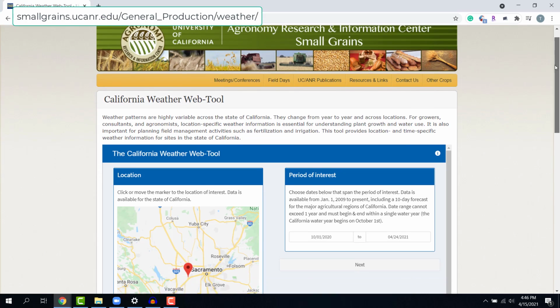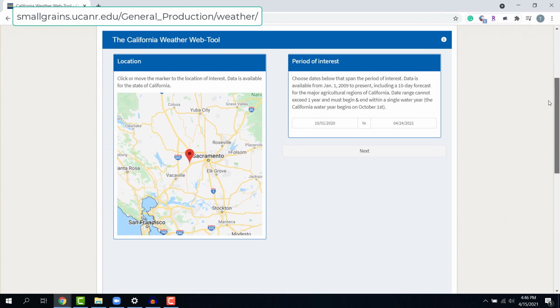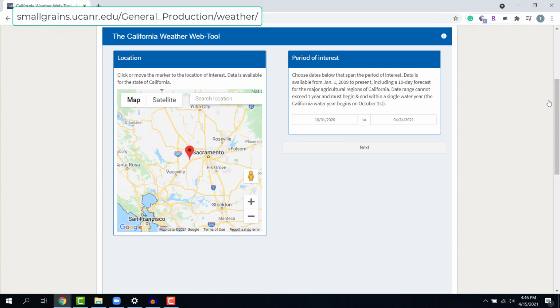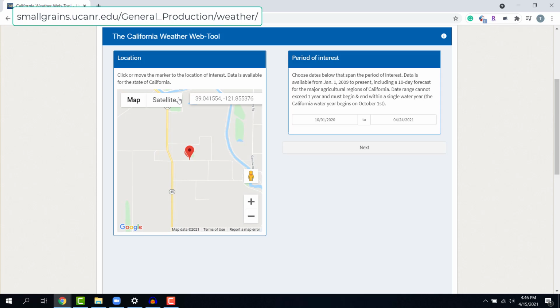Once you are at the tool, the first step is to place the marker on the location of interest. Data is available for the state of California on a 4-kilometer grid. You can click or drag the marker to a location of interest. You can also put a set of coordinates or even an address in the search bar. Finally, the map behaves like a regular Google map and allows you to switch to satellite view to help locate